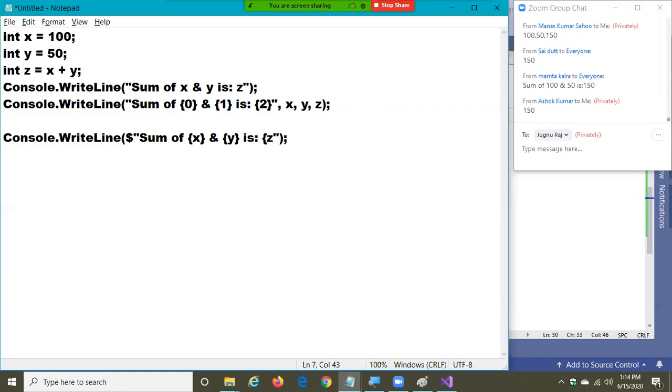Basically, we call it string interpolation. What is the output now? Now also the output is "sum of 100 and 50 is 150".